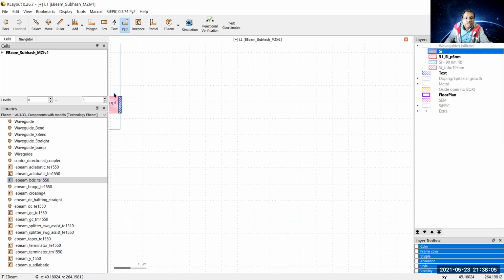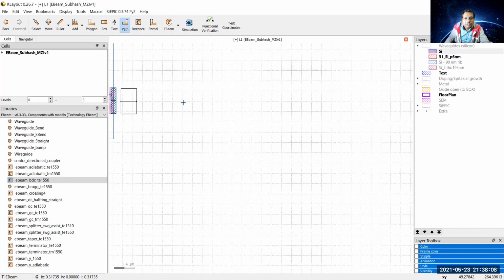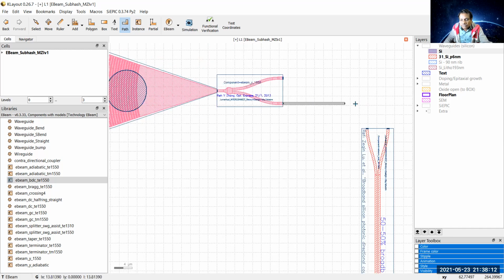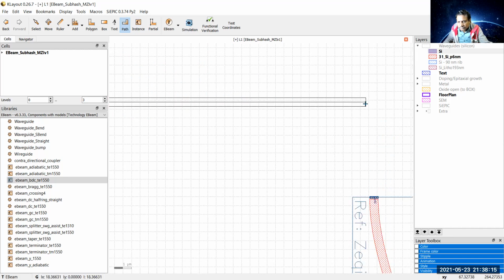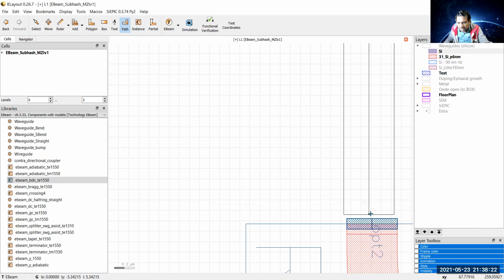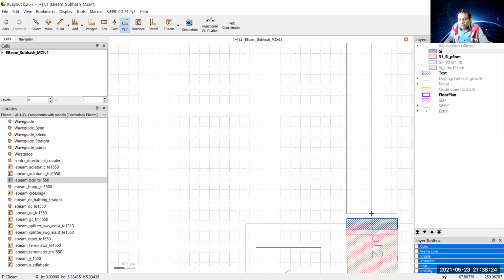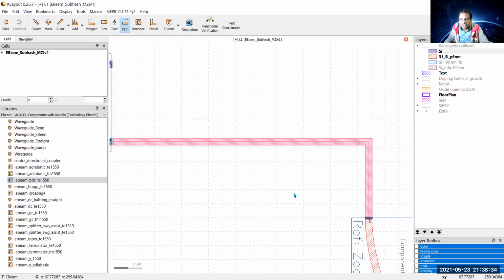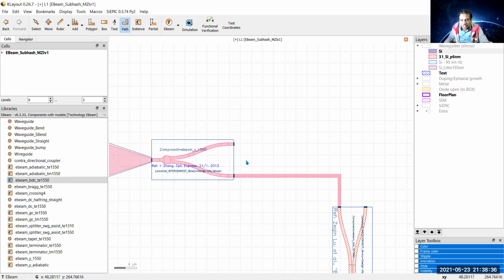So I just zoom out and click to make a path up to here, then click again so that we can have a bend, and just double click near the port 1. No need to bother whether they are connected or not. We will use the command to connect it. So from here to here, now I want to connect it using the command.